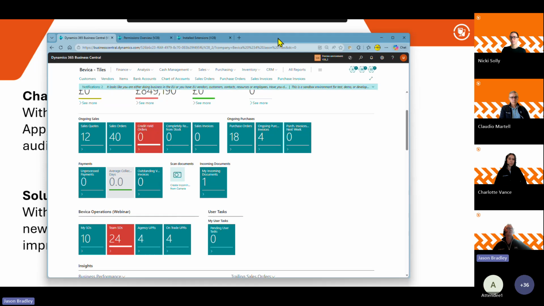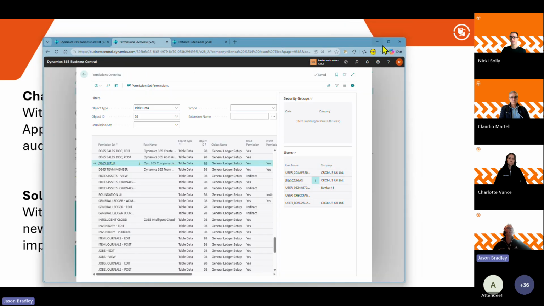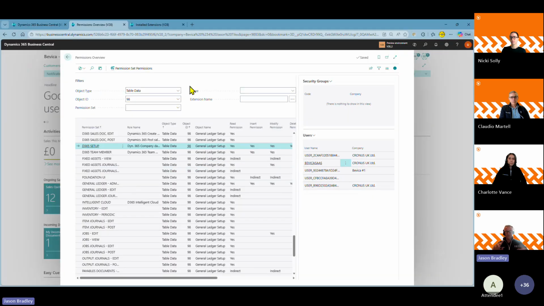So let me just slide across, and I've got it preloaded. There's a reason why I preloaded it rather than searching for it, because when you first run it, it can take about a minute to build. So not great for demos, but obviously it's trying to pull all the information together about all the permission sets and all about the users, and the permission sets and what tables and what table data and so on. So then it gives me this result, and I've just plugged in, I'm quite interested in